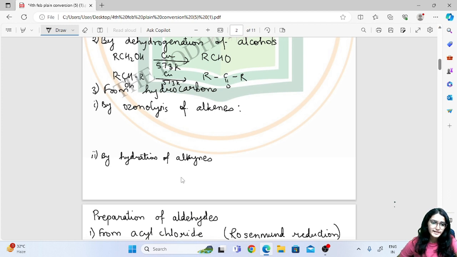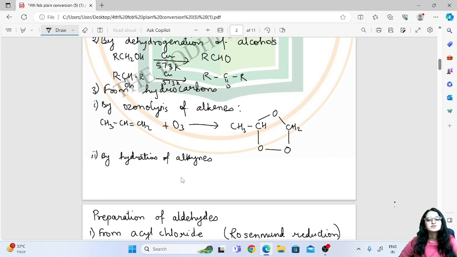Now, if I take any alkene, that is if I take CH3CH=CH2, and add ozone to this, that is O3, I will get a structure like this. So this is a structure, that is an intermediate I will get after combining it with ozone. Then if I add zinc plus water to this particular intermediate, we'll get the final product as